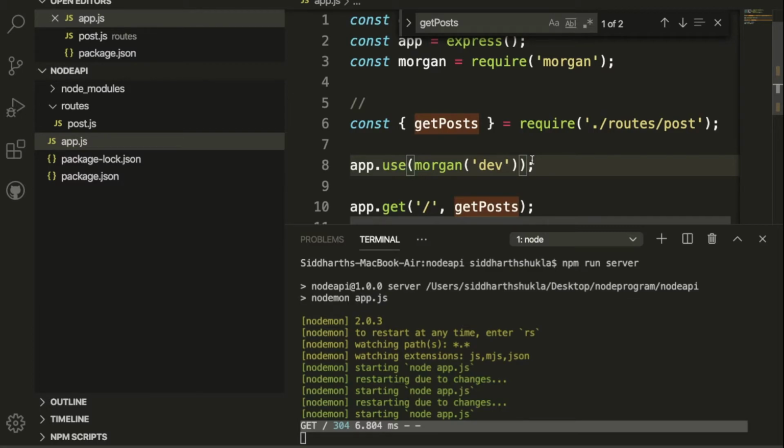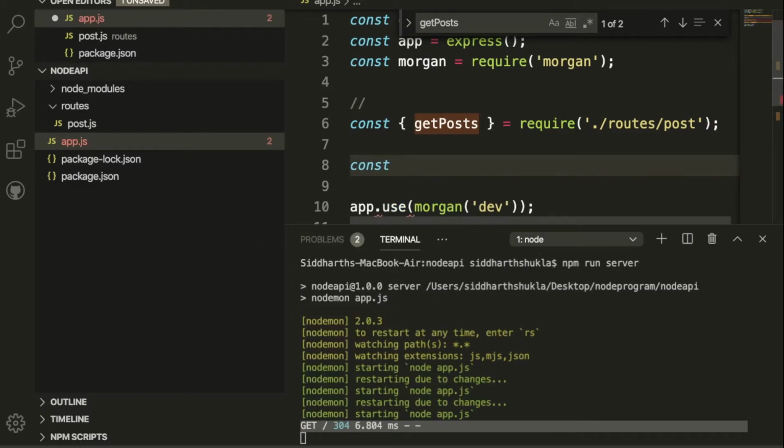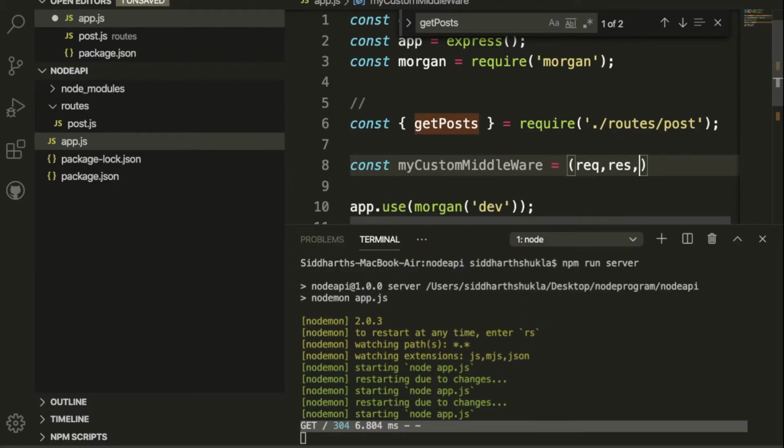Inside the method we can also alert for whatever we want. So now I'm going to create a constant variable, and in the constant variable I'm going to put one method, my custom middleware. My custom middleware is equal to a function that takes request and response inside the brackets, and one more parameter, next.